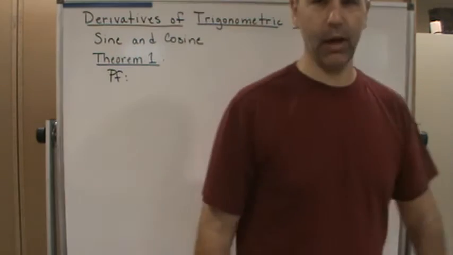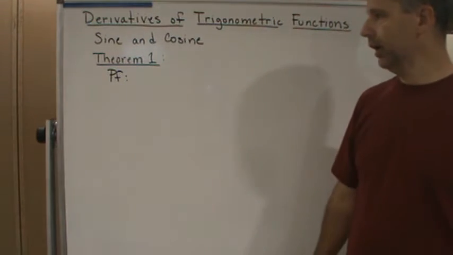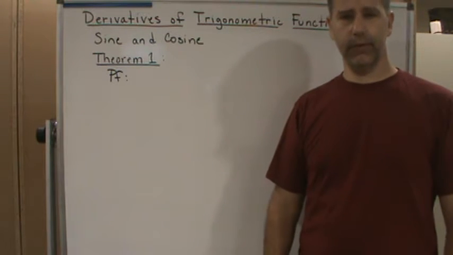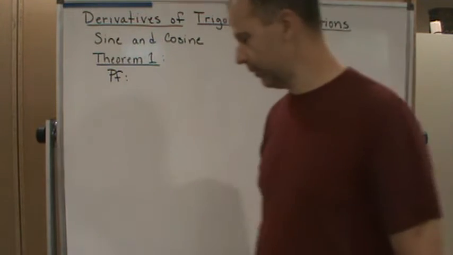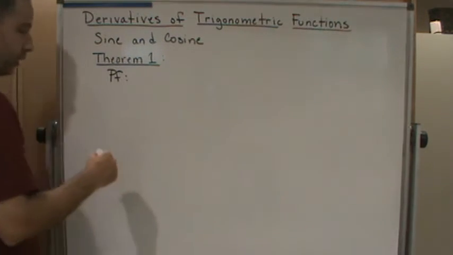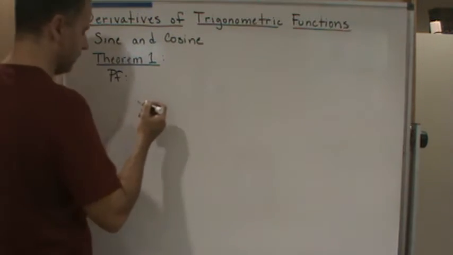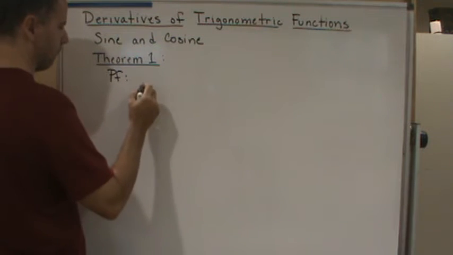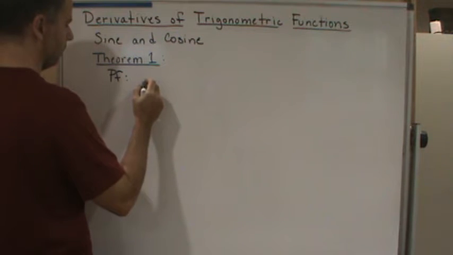Okay, welcome back, and now we're going to do the proof. From Theorem 1, we're going to prove that the derivative of sine is cosine. So let's start. We're going to use the limit definition, right? So we're going to use limits and start with